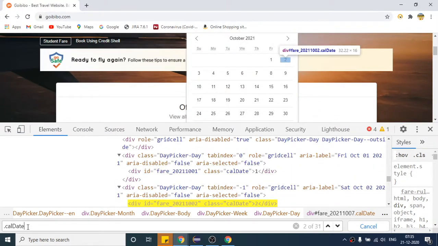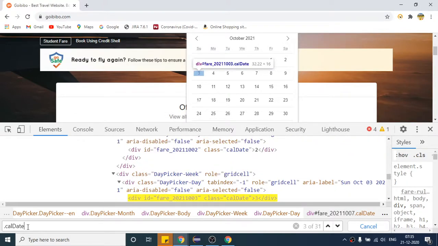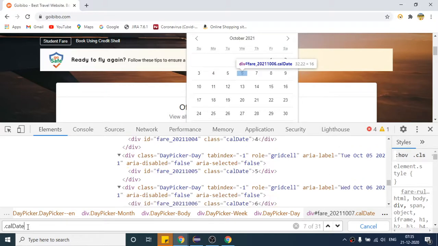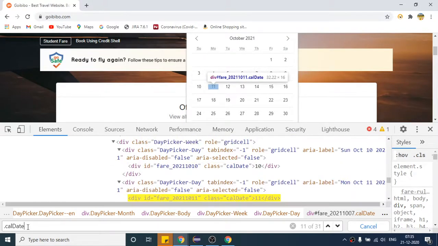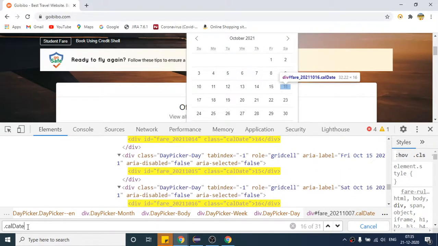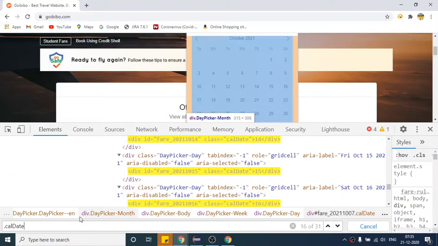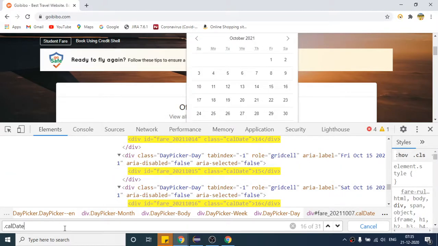For the second class, again they are using the same class, so CSS will remain the same for the third one, fourth, fifth, sixth, 7, 8, 9, 10. So you can say keep on hitting enter because the class name is the same. This line is the same for all the dates, right? In most calendars you are going to see the same hierarchy. They will not use separate code for each and every date. This is how they design it, so they do not have to write extra code.